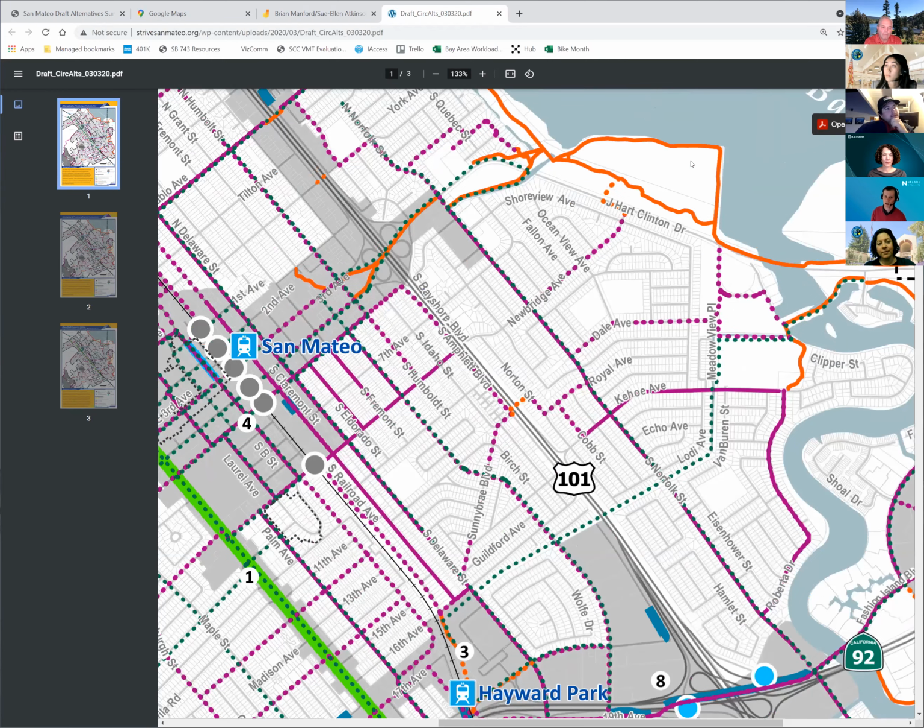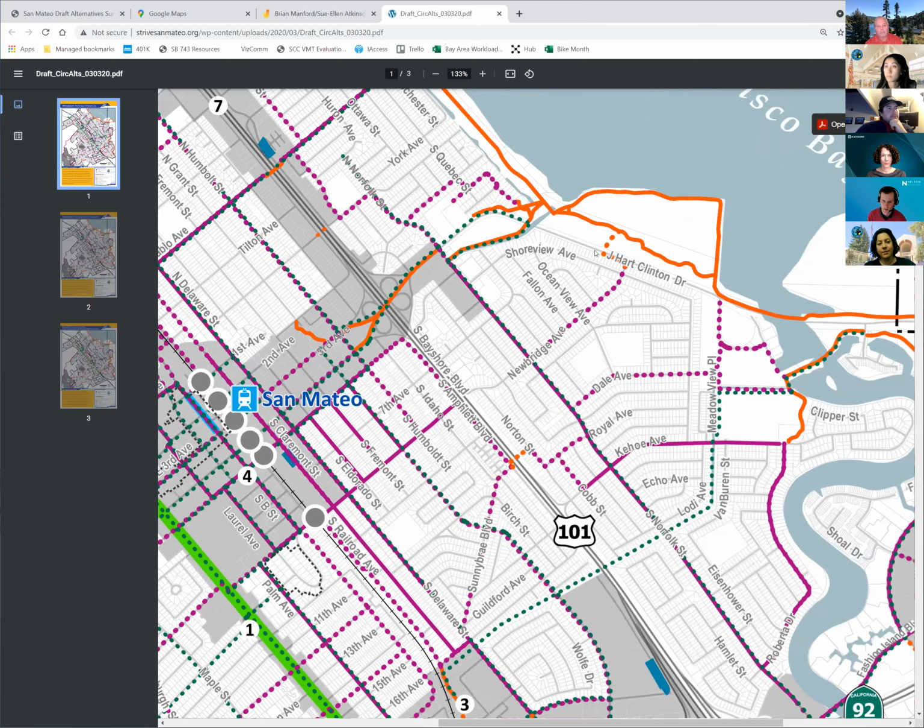If it's a dotted line, it's in one of those plans I mentioned, so a future condition. Orange is a trail, the Bay Trail. We are proposing a new crossing in this alternative of 101 at Cypress, and there are other crossings envisioned as part of those adopted plans. The purple line is bike.